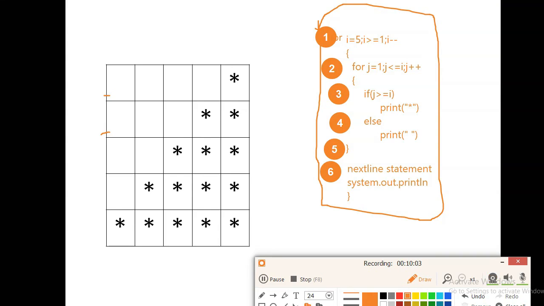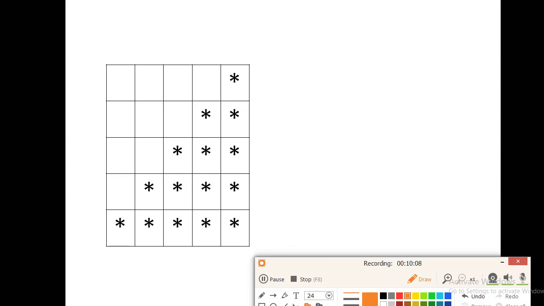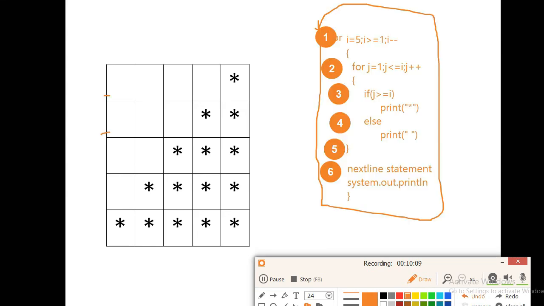If you observe these six steps, we can call it an algorithm also. This is the pattern algorithm.